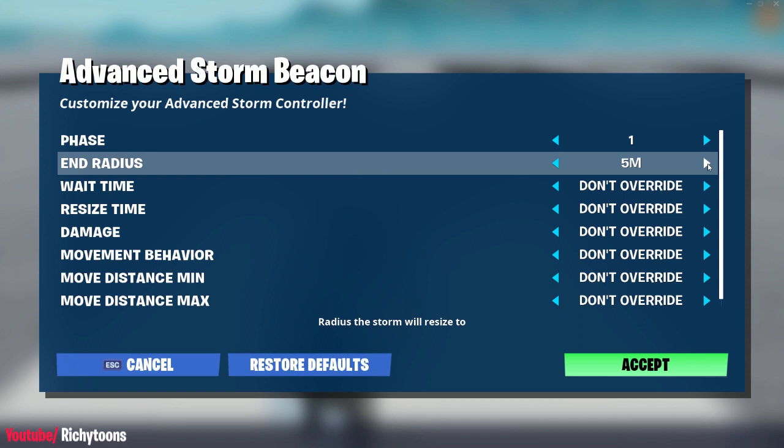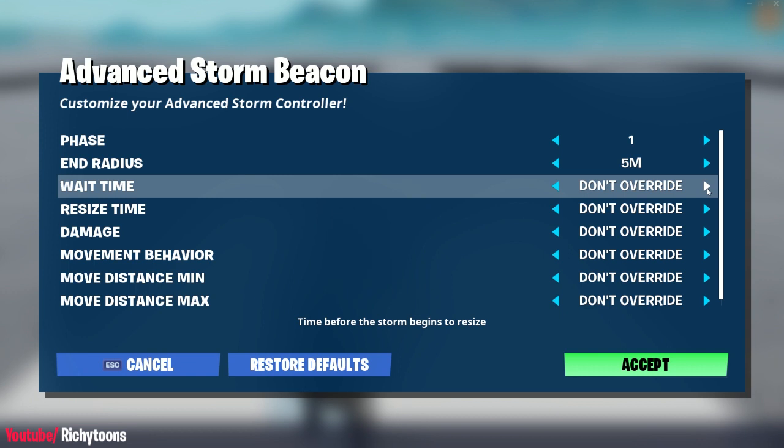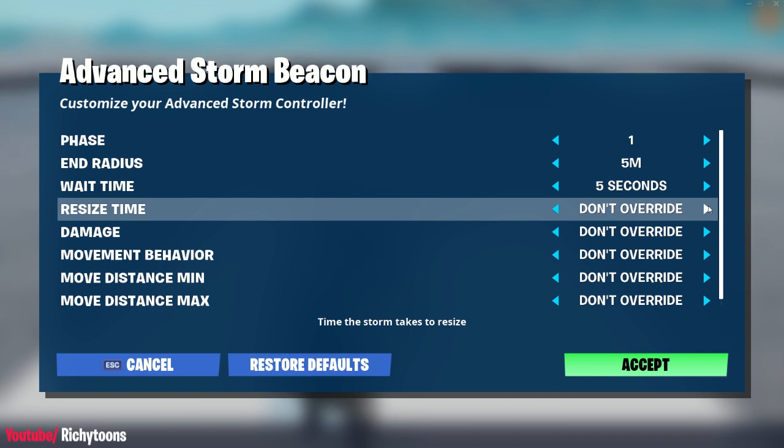One thing to note is that we do not have a 0 setting in here. I'm not sure why that is. Maybe they added it later, or it's not supposed to be in there. But the smallest size you can go to is 5 meters. The wait time is the time between, for example, phase 1 and phase 2. And the resize time is the speed the storm closes in. Damage is very